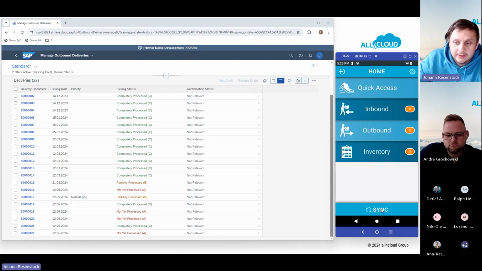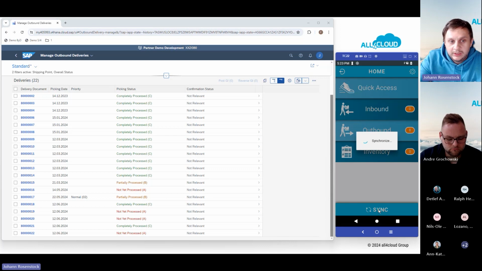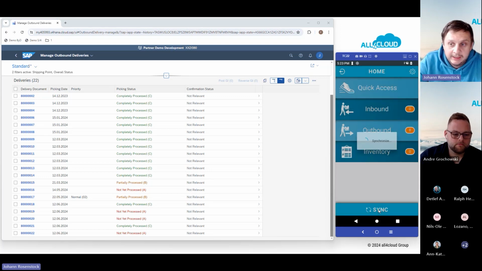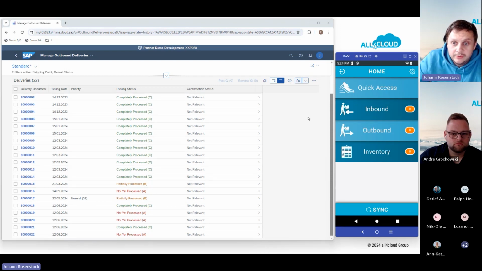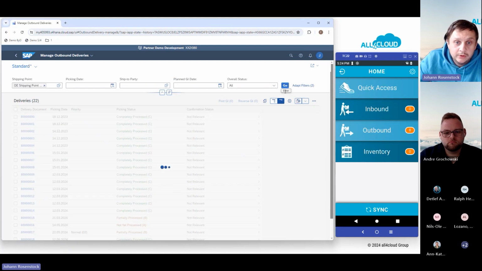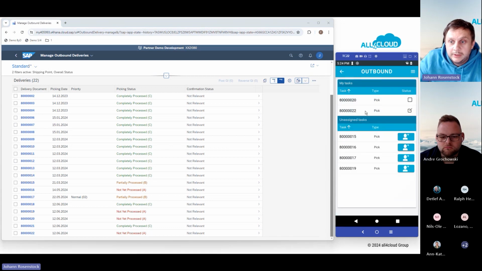So when I press now the synchronization button, all tasks I have, let's say, fully prepared will be sent to the system. And at the same time, back again, scan4cloud will check if there might be newly created tasks in the meanwhile. So now, as the synchronization is done, let's refresh the view in S4HANA. Oh, sorry, something went wrong. Our confirmation has not been